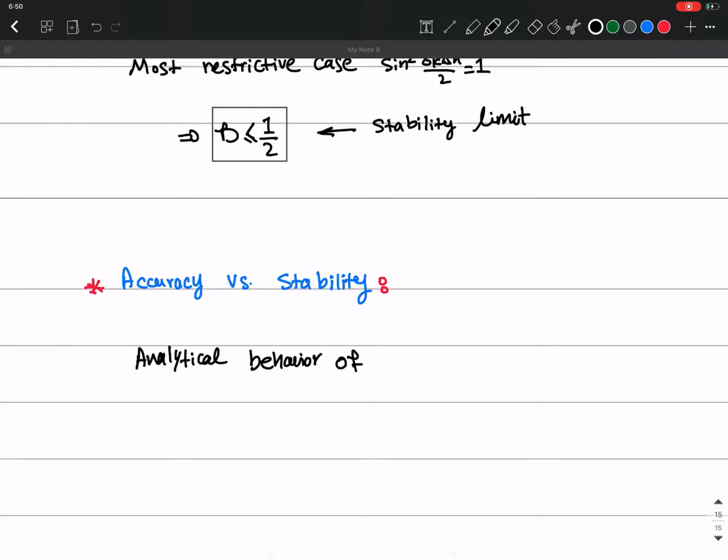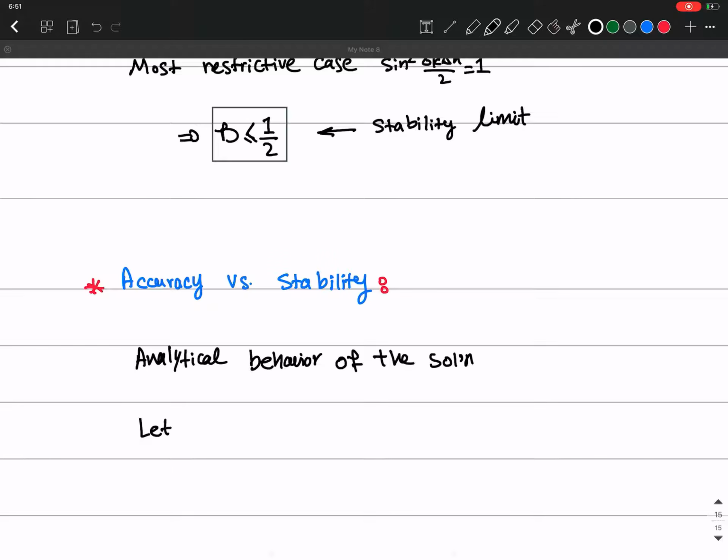And the reason we need the analytical behavior of the solution is that now I want to find accuracy, and in order to find the accuracy of any numerical method, we should compare that with the analytical solution of that method. Okay, so the analytical behavior of the solution can be approximated also using this Fourier analysis,